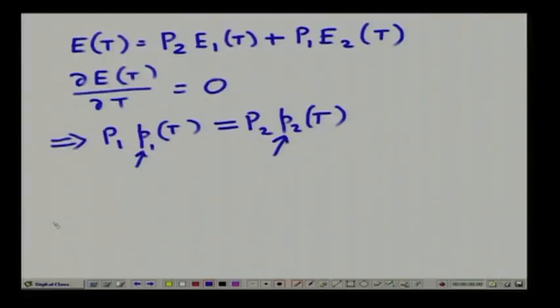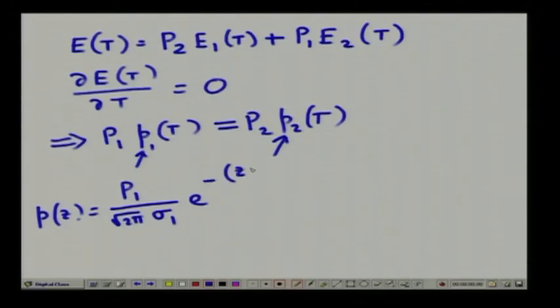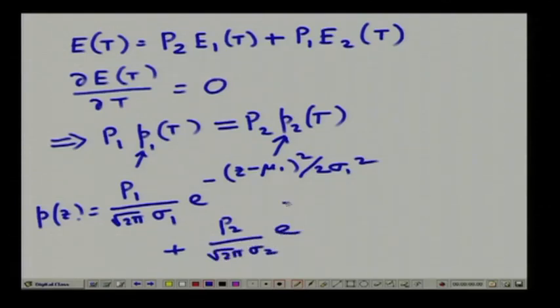If I assume that, the overall probability p(z) is represented by P1 divided by square root of 2 pi sigma 1, e to the power minus (z minus mu 1) square by 2 sigma 1 square, plus P2 divided by square root of 2 pi sigma 2, e to the power minus (z minus mu 2) square by 2 sigma 2 square,